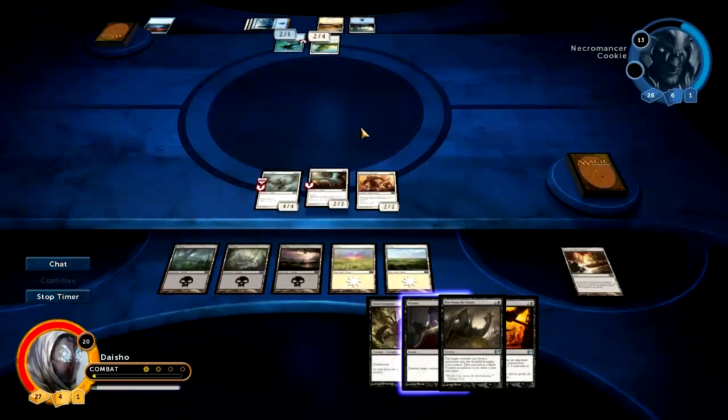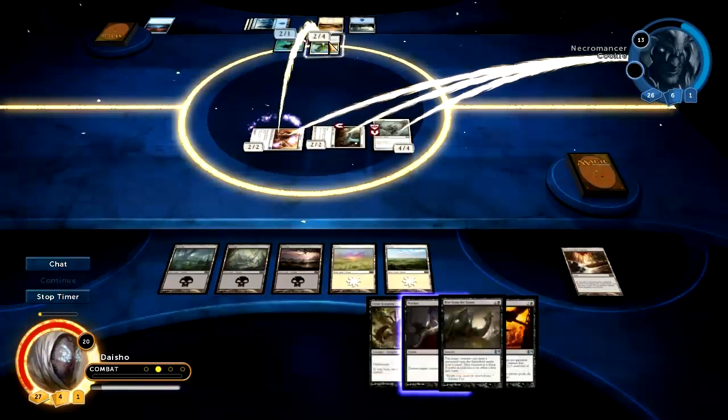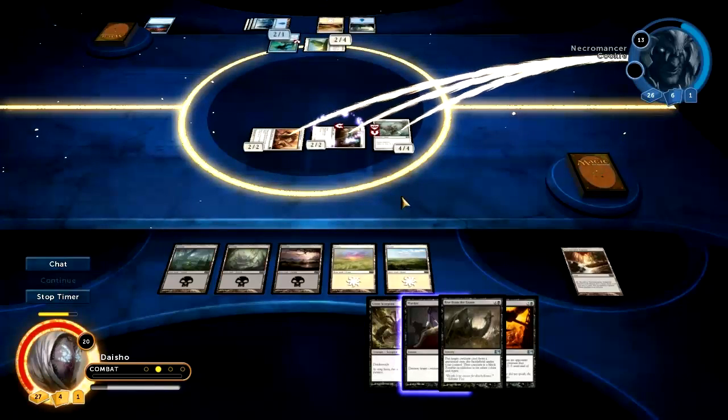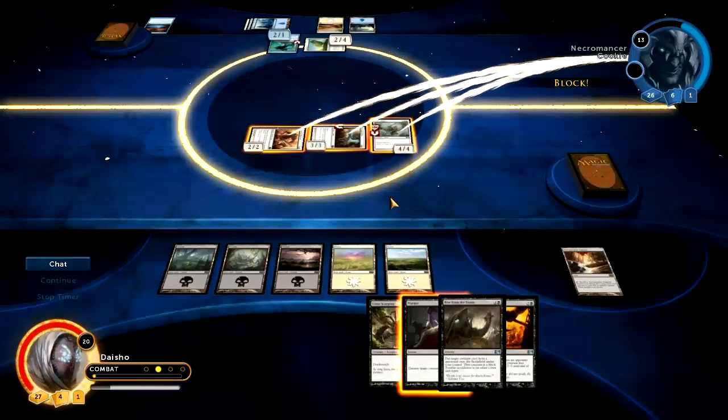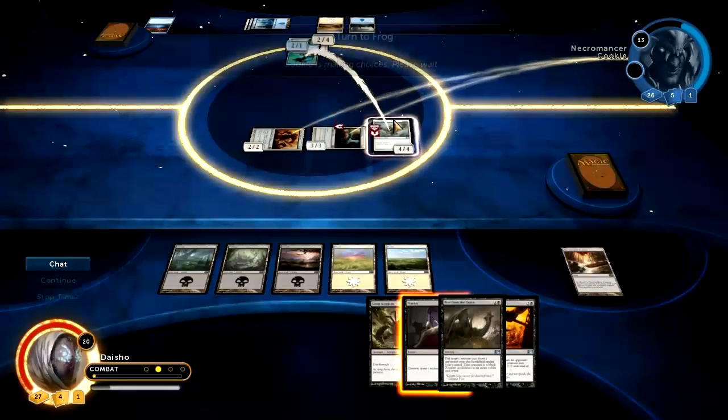So now I'm just going to again charge in with my dudes, and we're gonna tap down that Pillarfield Ox again. And I'm not even gonna play anything this turn. There's no point in playing the Giant Scorpion. I'd rather save up my mana for murder so that I can murder something. So he's just gonna chump block the Angel, which is definitely...